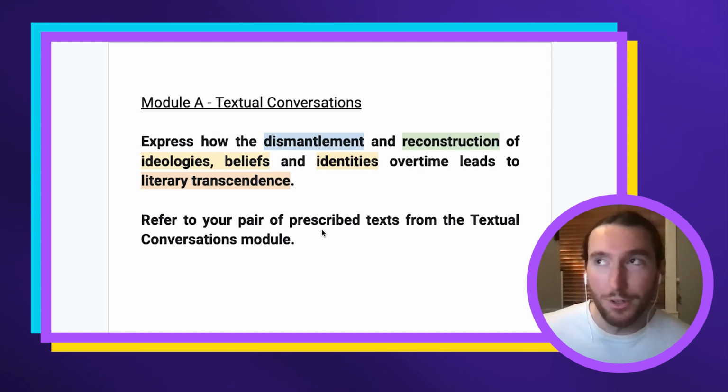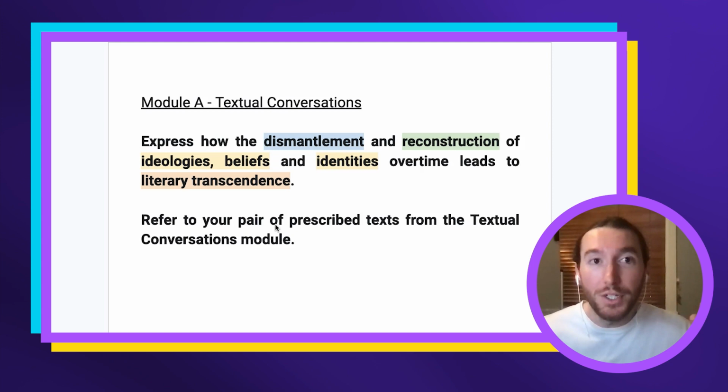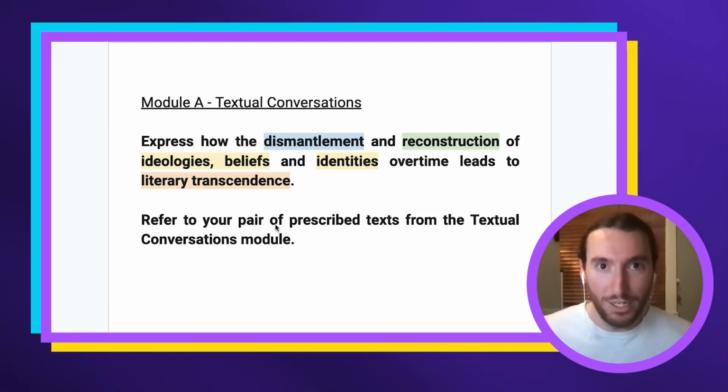So what is being dismantled? How is it being dismantled? Why is something being dismantled? Ask yourself those mini questions with respect to each key term of the question, and that will help you go beyond the scope of the question, right? And when I say beyond the scope, it will help you avoid merely repeating the question, if you force yourself to answer an additional mini question, a micro question, a sub question about those words.